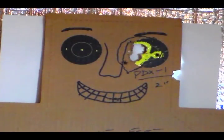Okay, now we'll look at the close-up target of the Winchester PDX1. This is that duplex round with 3 buckshot balls over one ounce slug. I have to say that it is more impressive close up, and there again, at close distance across the room, it will definitely do the job. I was less impressed with it in the 25-yard test out of the IAC Hawk, but close up, it seemed